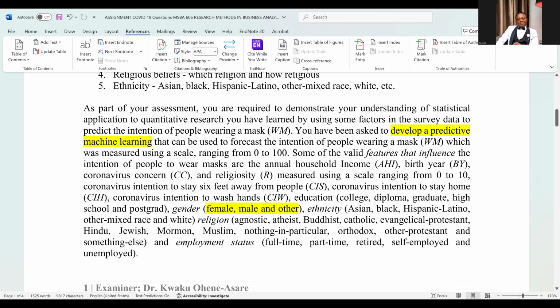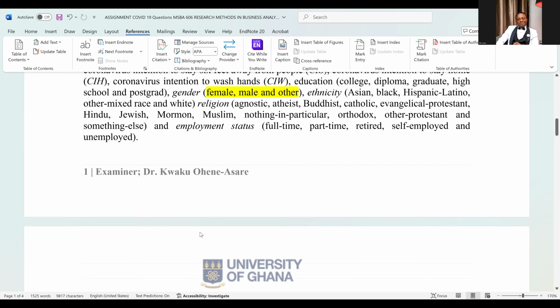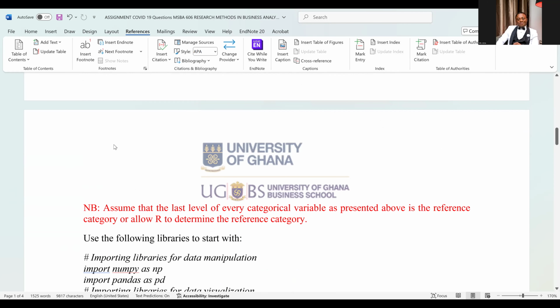Religion, whether the person is agnostic, atheist, Buddhist, Catholic, evangelical, Protestant, Hindu, Jewish, Mormon, Muslim, nothing in particular, Orthodox, other Protestant, something else. The employment status of the person, whether the person is full-time, retired, self-employed, unemployed. So those are the factors.